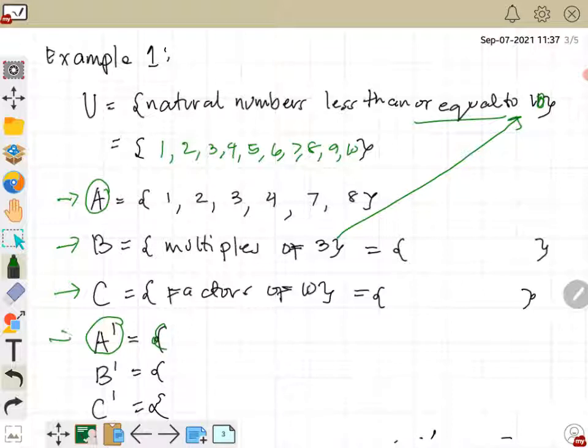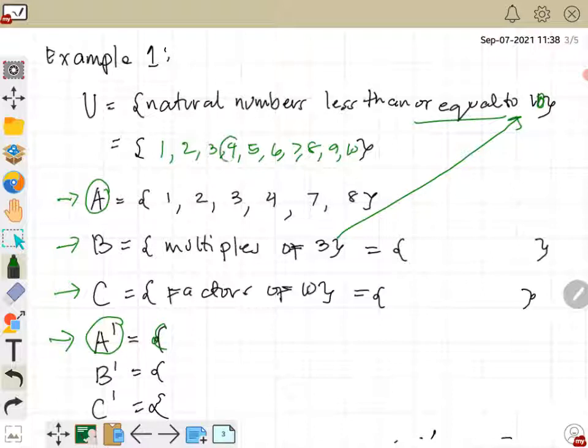Okay, so what are the elements in the A complement? What does it mean by A complement again? Elements in the universal set, but not elements in A. So what are those? So 3,